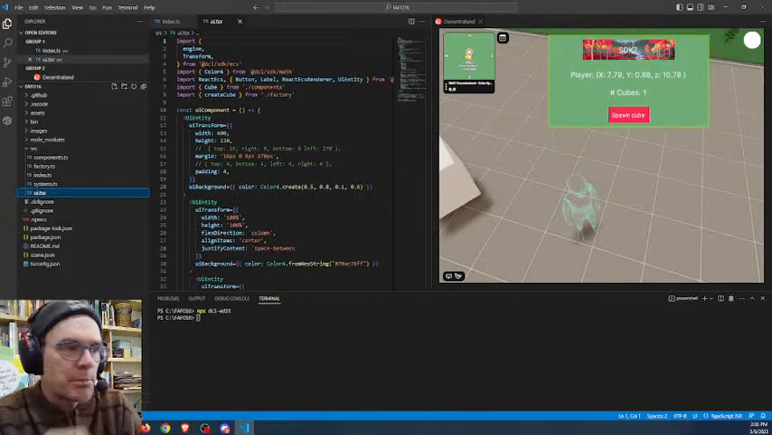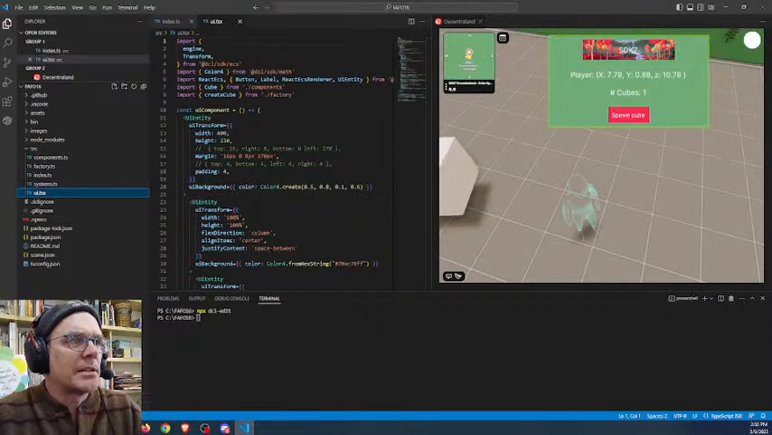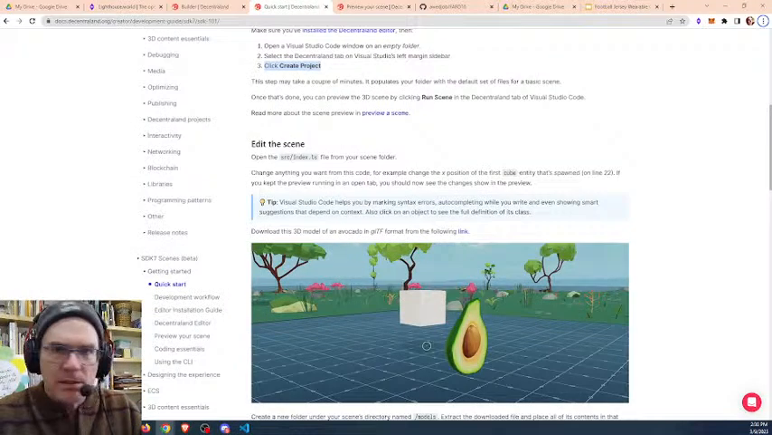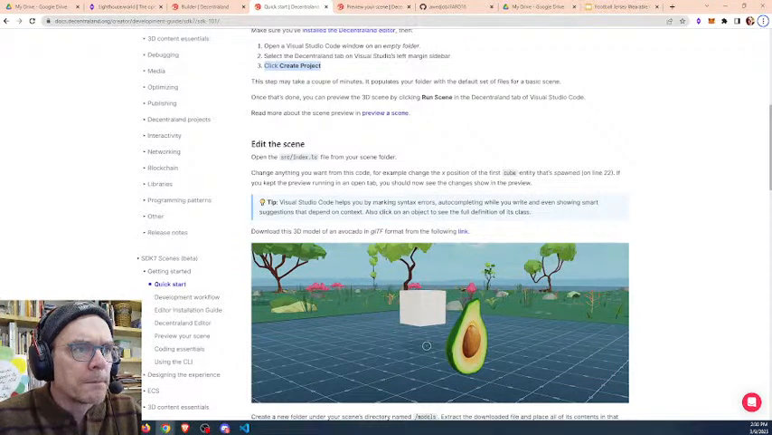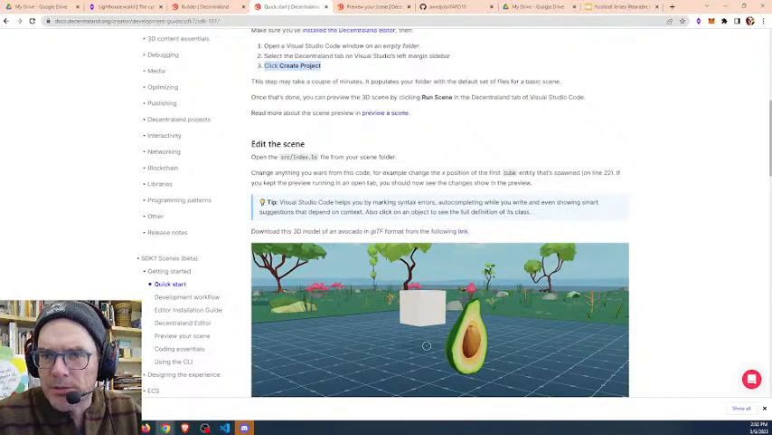So okay, let's go back to index.ts. Download this 3D model of an avocado in GLTF following this link. Okay, and I'm still streaming, but